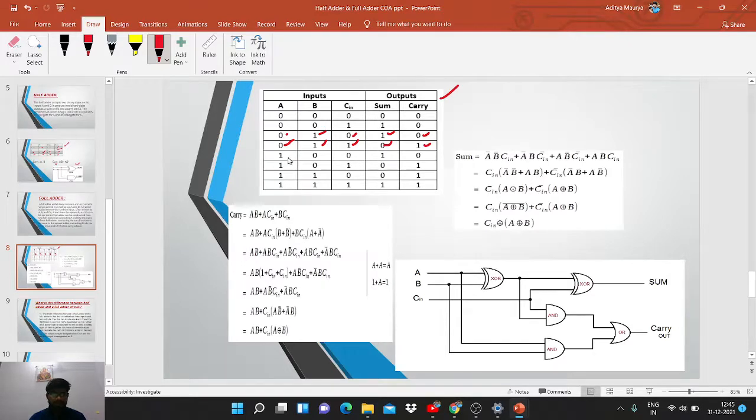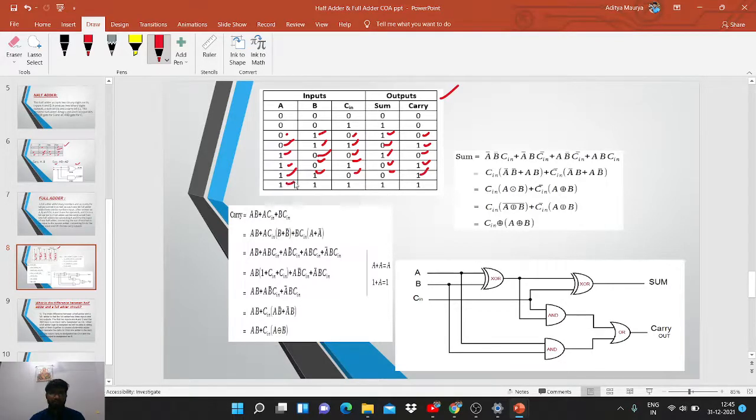When inputs are 1 and 0 and C in is 0, then sum will be 1 and carry will be 0. When inputs are 1 and 0 and C in is 1, then sum will be 0 and carry will be 1. When inputs are 1 1 and C in is 0, then sum will be 0 and carry will be 1.